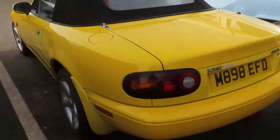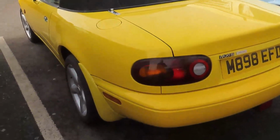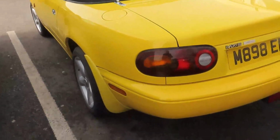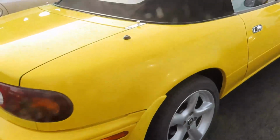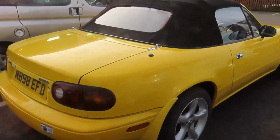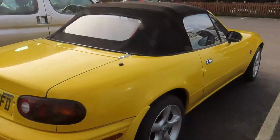I think they're superb sports cars, having owned one, or having it out. My parents have owned this one for a couple of years now. It was a bit of a barn find at first, but it's in superb condition. This one has never been welded, but I think if you could afford to insure a twin cam 115